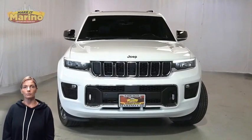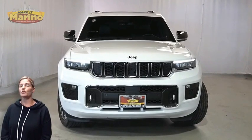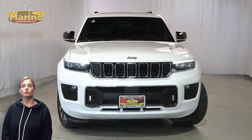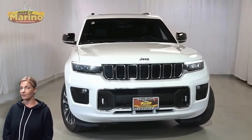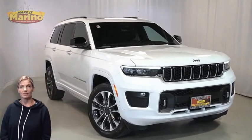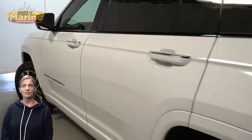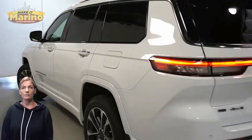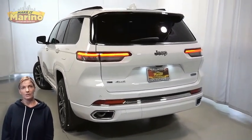Looking for a highly equipped SUV with all the right options and reliability? We'll take a look at this certified pre-owned 2022 Jeep Grand Cherokee L Overland in bright white. With bi-function LED projector headlamps, premium fog lamps, 20-inch aluminum wheels, power heated mirrors, blind spot and crosspath detection, LED